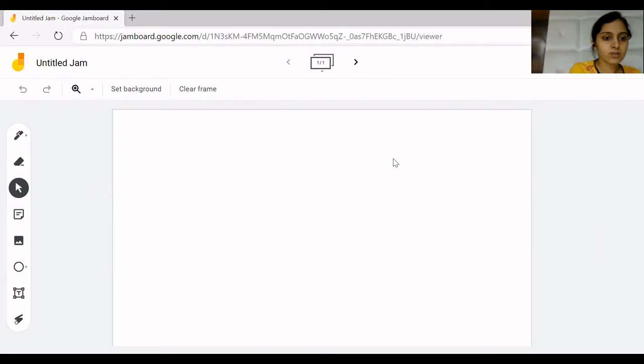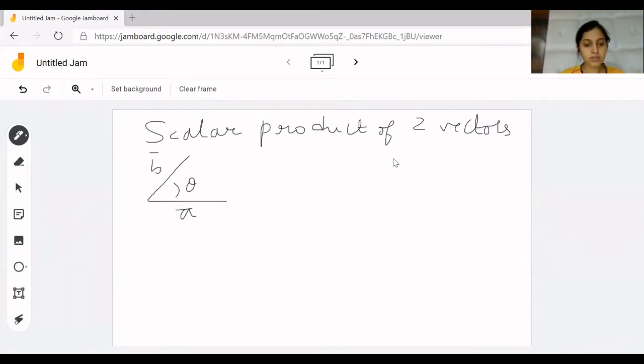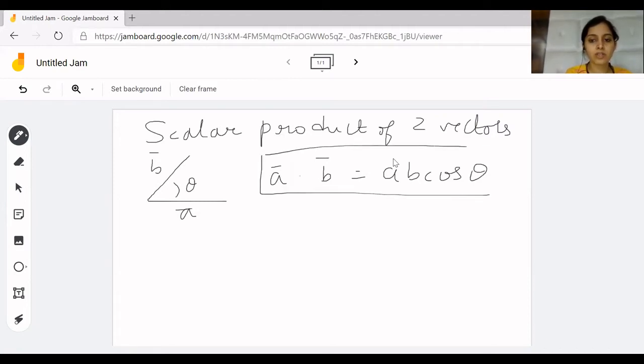Okay, so we're starting with scalar product of two vectors. Normally scalar product is also called the dot product of two vectors. Let us say this is a bar and b bar, and theta is the angle between them. Then the scalar product of these vectors, that is a bar dot b bar, is equal to ab cos theta. This is something that we need to remember, very important for scalar product of two vectors,